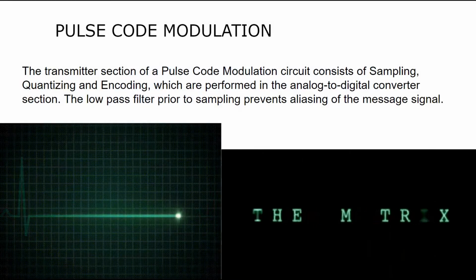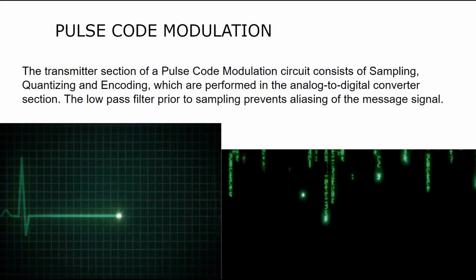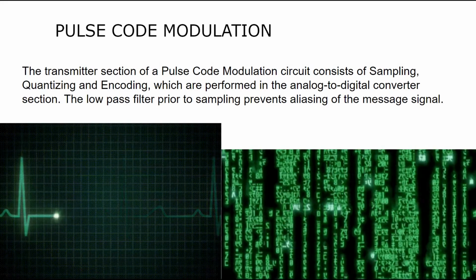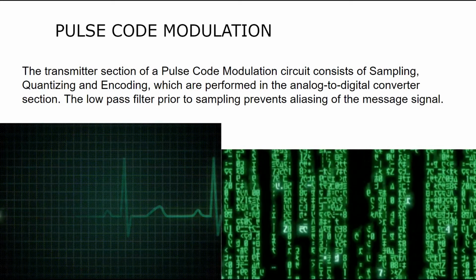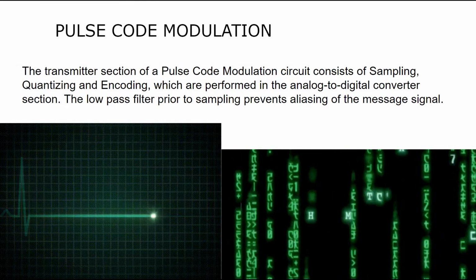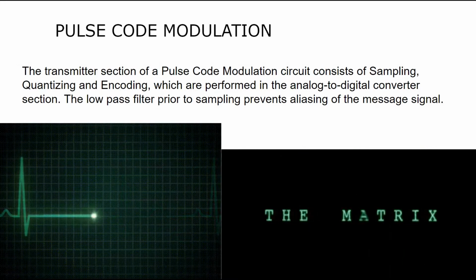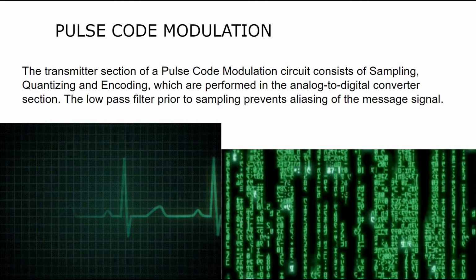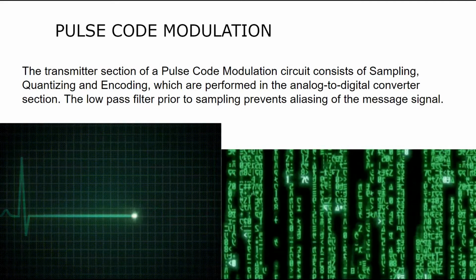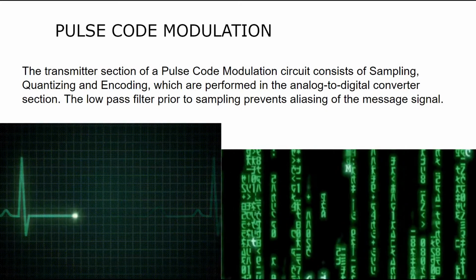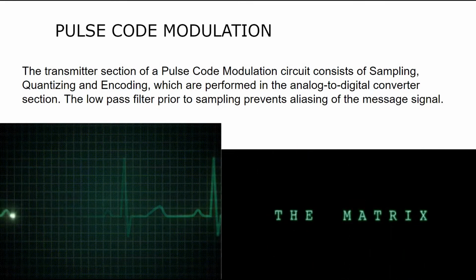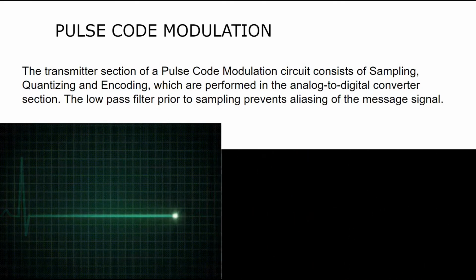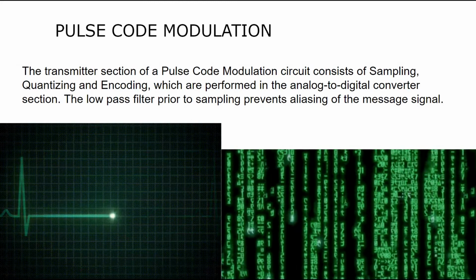Pulse code modulation is nothing but a technique for rounding off amplitudes of samples of an analog waveform. This is the second of the two operations required to change an analog signal into a digital signal. The rounding off operation is known as quantization. Once each sample value is rounded off to an appropriate quantization level, we need to transfer only enough information so that the receiver knows which level is being sent.